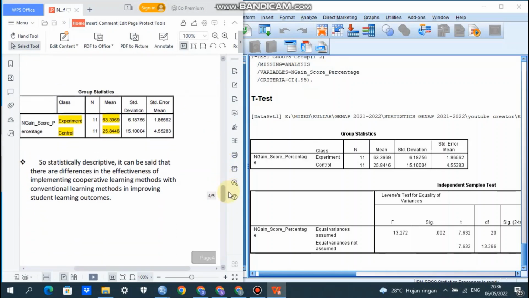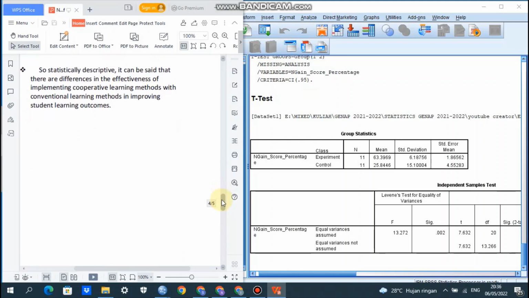So the conclusion, there are differences in the effectiveness of implementing cooperative learning methods and conventional learning methods in improving students' learning outcomes.